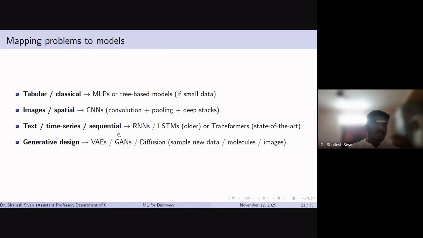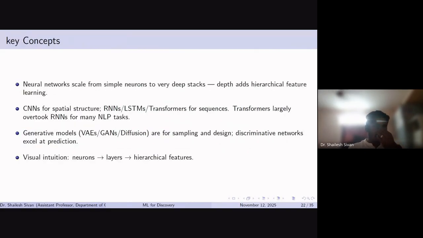Based on that, you can select your machine learning model or a deep learning model for your purpose, right? And the key concepts we have this